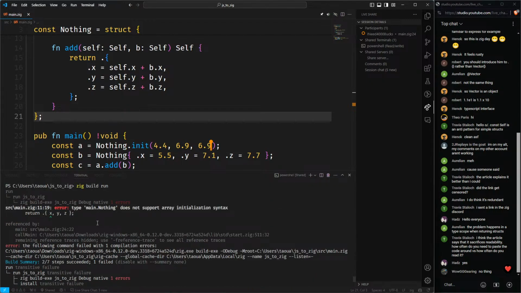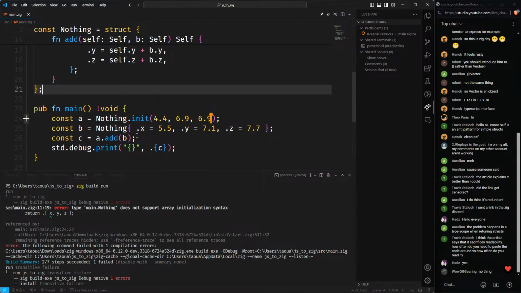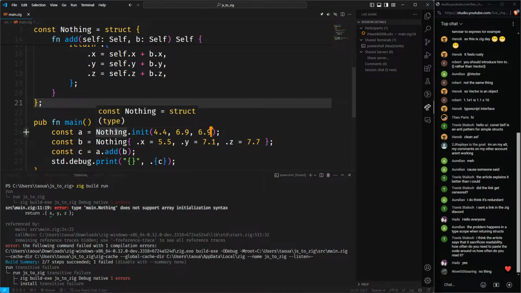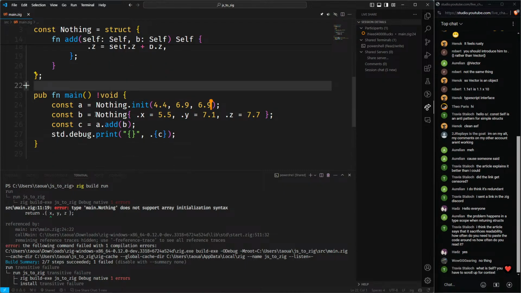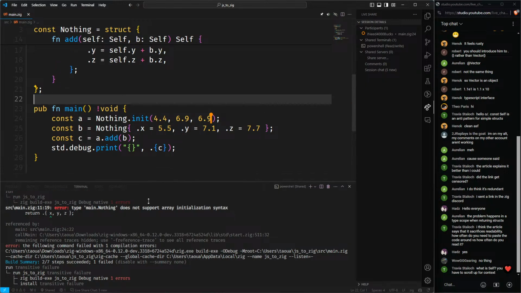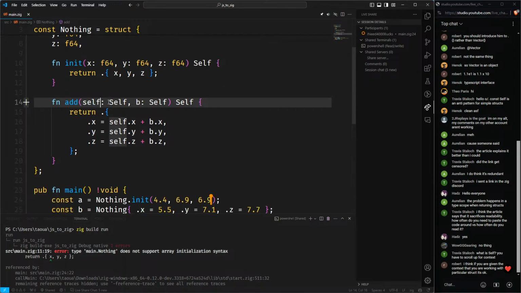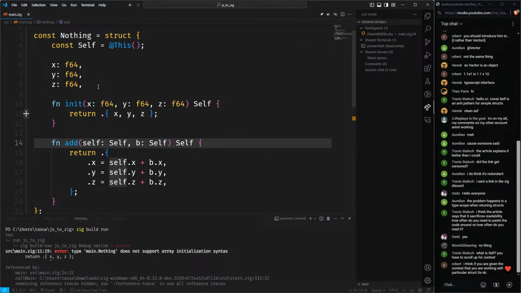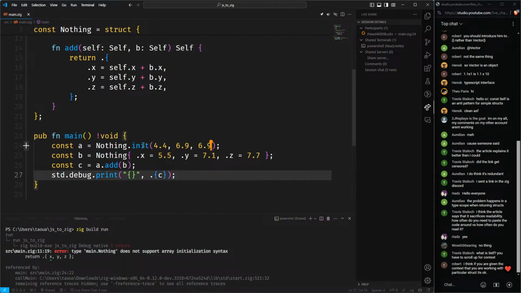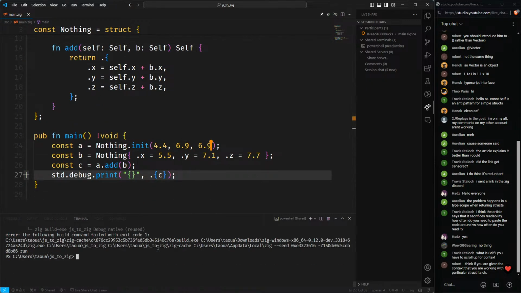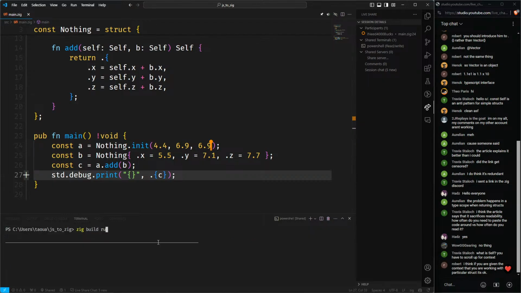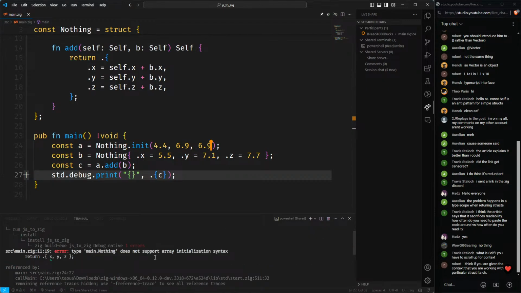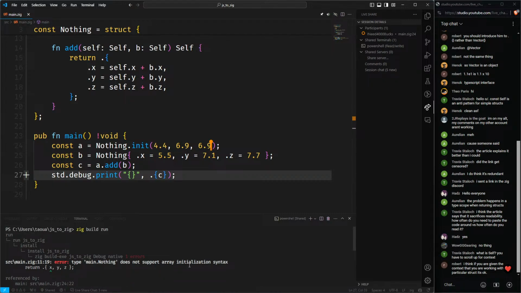Okay, so what's the error that you got? Type main.Nothing does not support array initialization syntax. Huh? Did you save? What itself? You have to scroll up for context. I mean, if you are at that point, you already know what is the struct that you're working with. I think you are given the context that you're working with a particular struct. It's okay, yeah. Okay, so what's up with this guy? Hold on. zig build run. What the heck? Type main.Nothing does not support